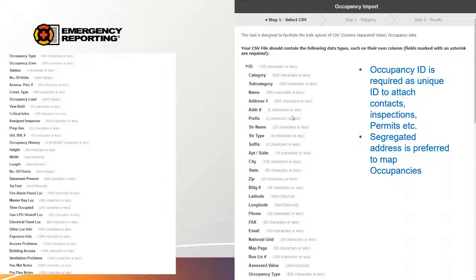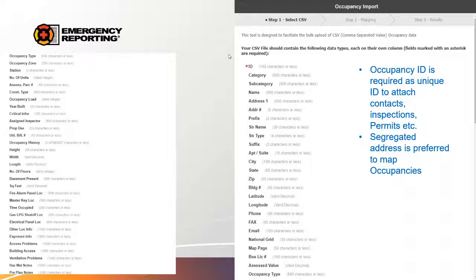So we have all these fields listed, the biggest one being occupancy ID. That really is the unique identifier that ties a lot of information to that occupancy. So if you have contacts that you want to import for each occupancy, we use that ID as a unique identifier to tie those two items together.